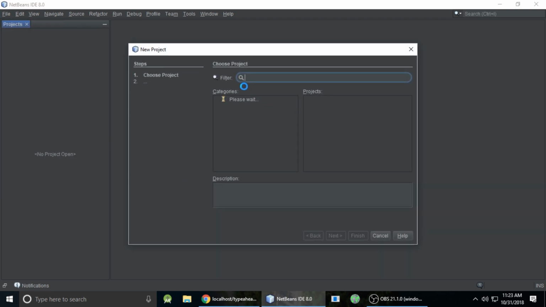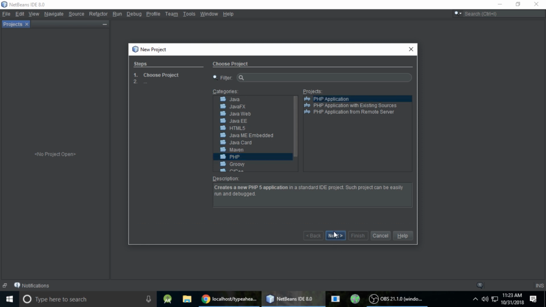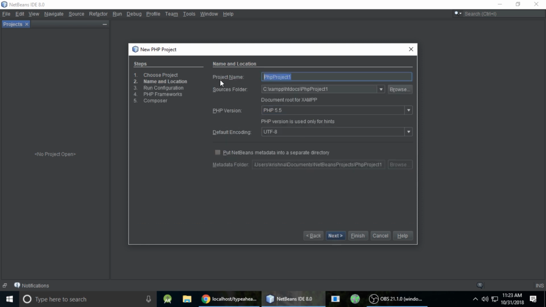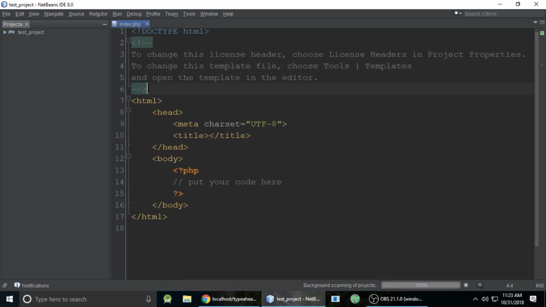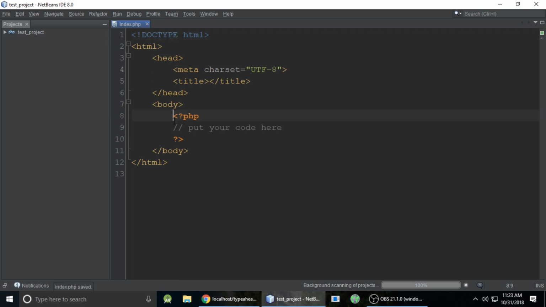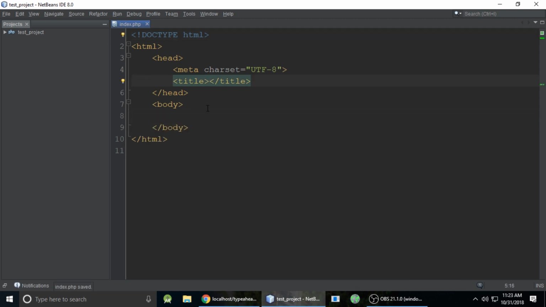So simple. So let's create a new project. I'm using NetBeans, and you can create inside htdocs. I'm creating a PHP project, a new project, PHP application, next. And here you can give your project name. I'm giving test project, and finish. It will automatically create some file like index.php. Just remove the comments and PHP tag, and here you can put your page title, auto search,